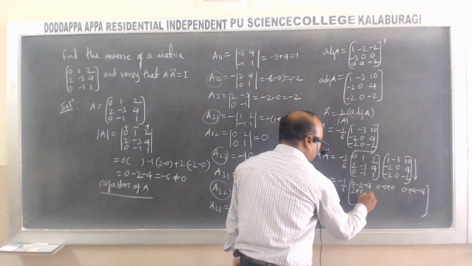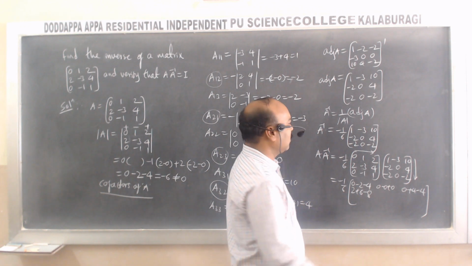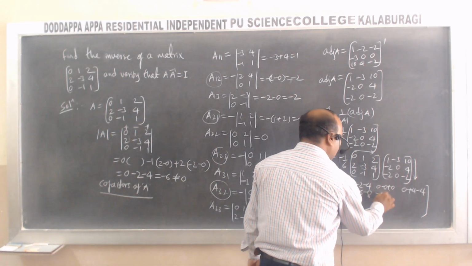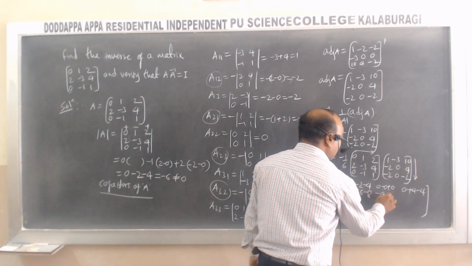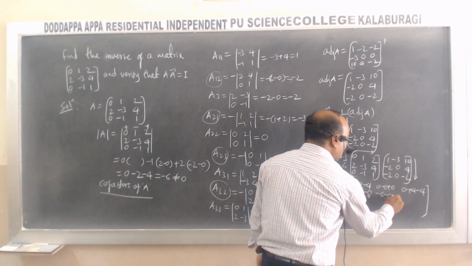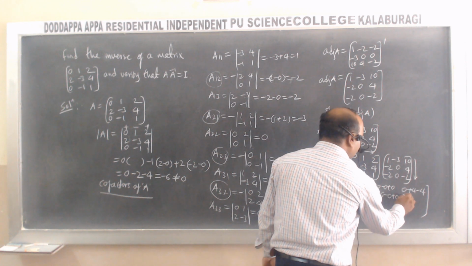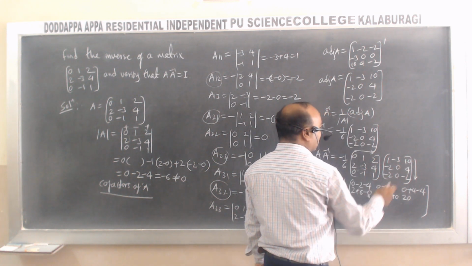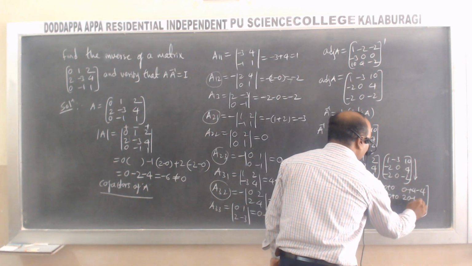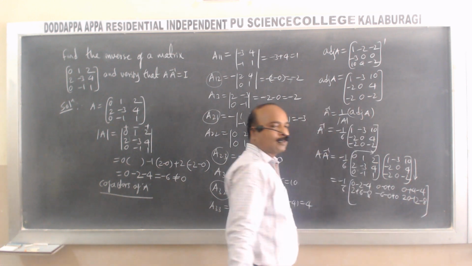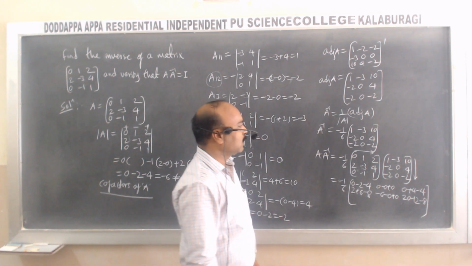It is minus 8. Next, second row with second column. It is minus 6 minus 0. It is plus 0. Next, 2 10s are 20 minus 12, minus 8. Next, we go for third row with all columns.